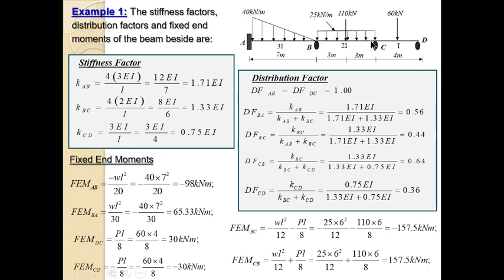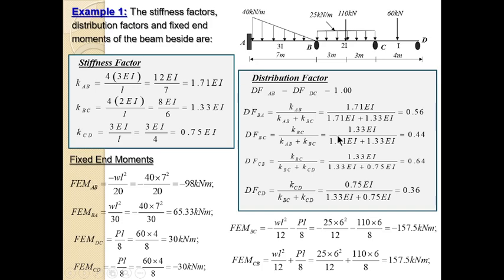So at B, that is the left support in span BC, you have this minus because it is left support. WL squared over 12 is for the UDL. And there's another minus because it is left support. PL over 8 is for the point load. So when you work out the two, this WL squared over 12 and this PL over 8, it gives you minus